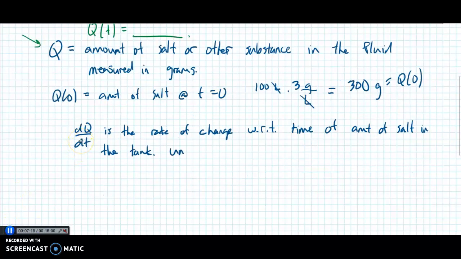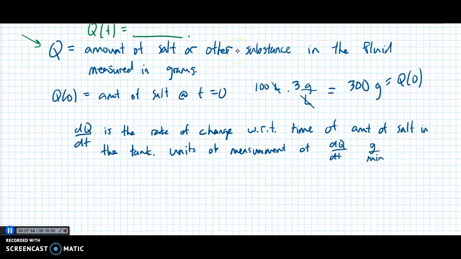So the units of measurement of dQ/dt, well, look, what are the units of measurement of Q? Well, it's grams, right? We know that up here. Q is measured in grams. And what's the measurement of time? Well, in this case, it's minutes, right? So the units of measurement of dQ/dt is going to be grams per minute. And this becomes super important